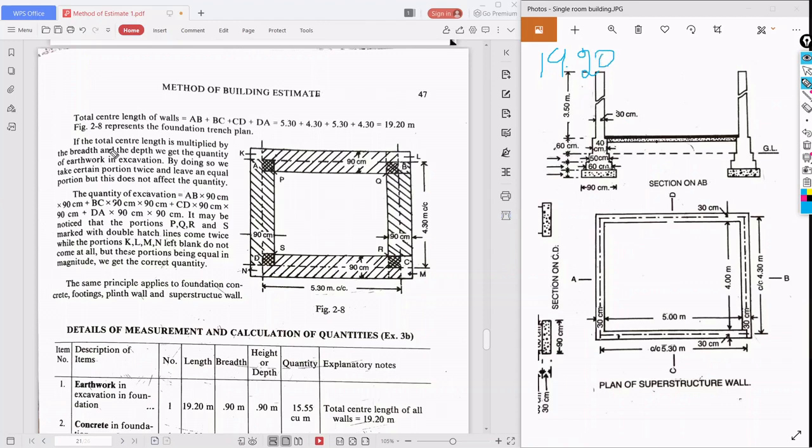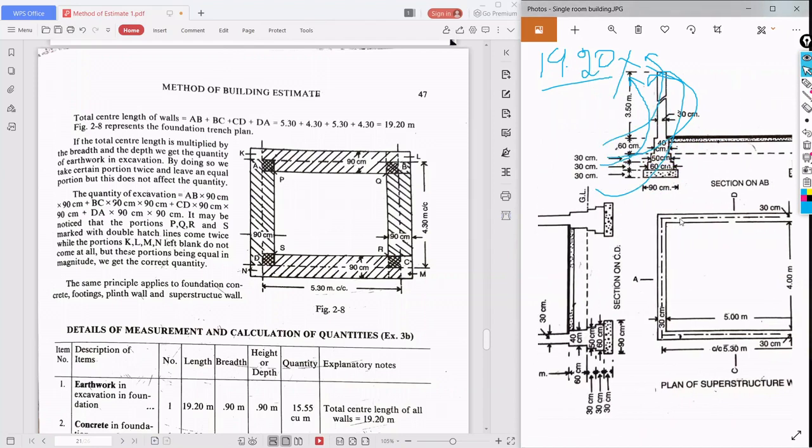If the total center length is multiplied with 0.9 for excavation, for first footing multiplied with 0.6, for second footing 0.50, for plinth we should multiply 19.20 into 0.9 into the height, that is 30 centimeter, I think, right?